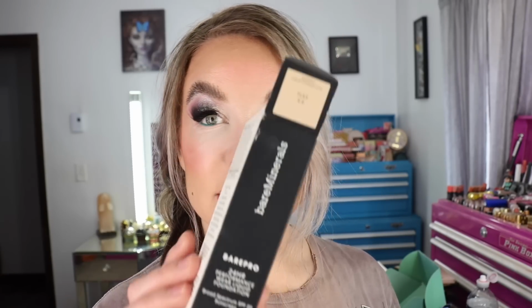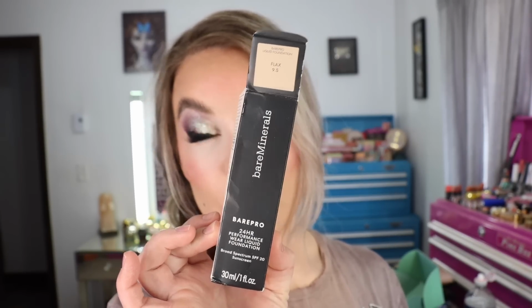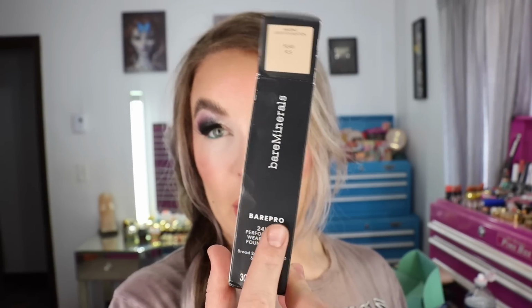And then I also got another one of the Bare Minerals Bare Pro 24-hour performance wear liquid foundation with SPF 20, and the shade that I wear is Flax 9.5. This is the shade I wear primarily. I do have another shade that's a little bit deeper that I maybe will mix it with more in the summer, but I went through my whole bottle of it, so I was out, so I got another one. And this one here is made in the USA,